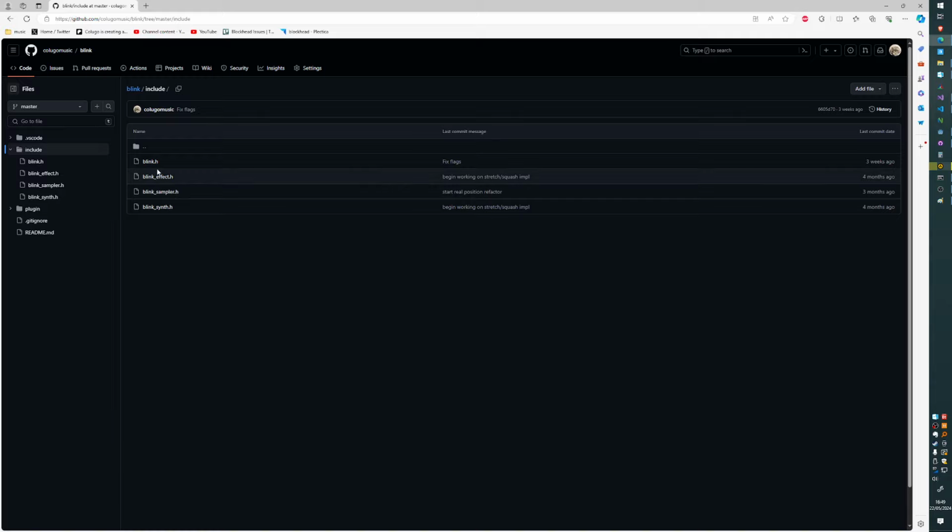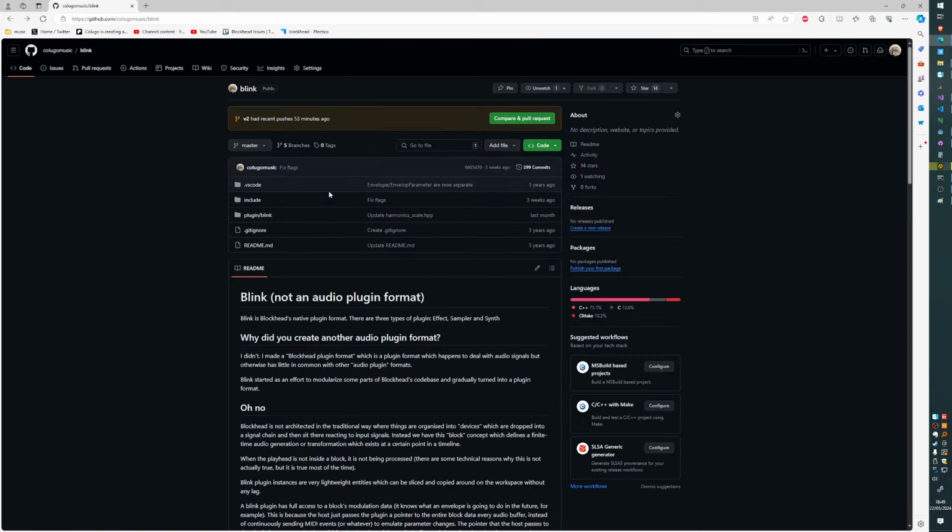So if you just implement the C API in whatever way you want, you have a valid Blink plugin. If you implement this API and compile a DLL, if the API is implemented correctly, then it's a Blink plugin. Then I also have this directory called plugin,